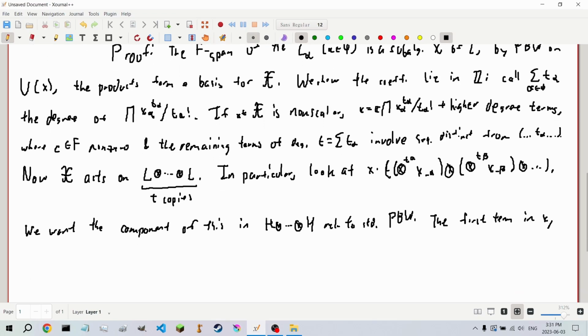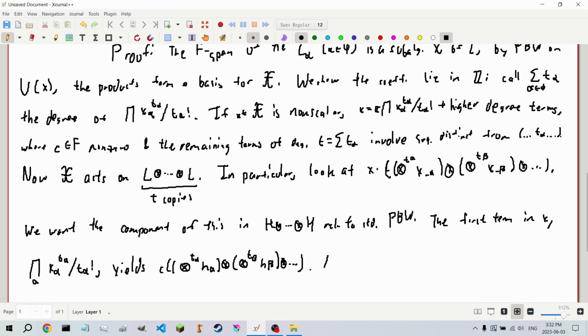Which is the product of X alpha to the T alpha over T alpha factorial, yields C times H alpha tensored with itself, yields C of our above term, which is, well, actually this time it's going to be T alpha tensors of H alpha tensored with T beta terms of H beta, tensored with so on throughout our C, and all other terms